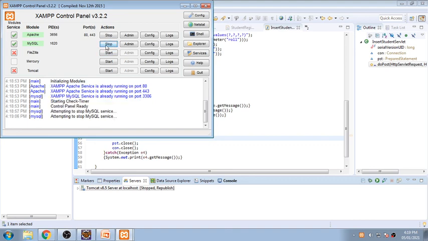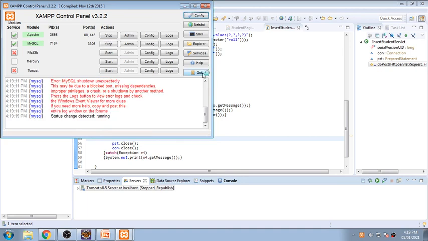Okay, now it is started. The MySQL service has started with its process ID and now it displays its port number. So 3306 is the port number.